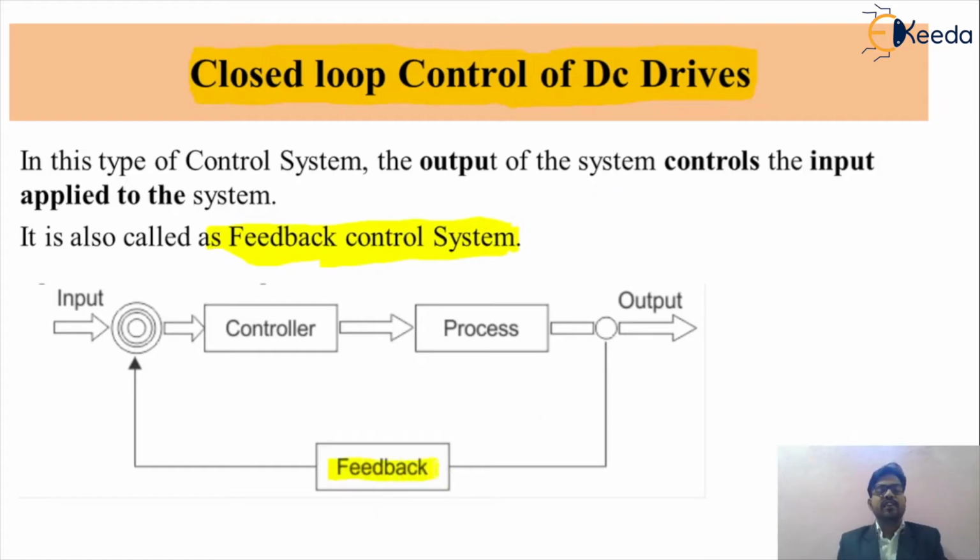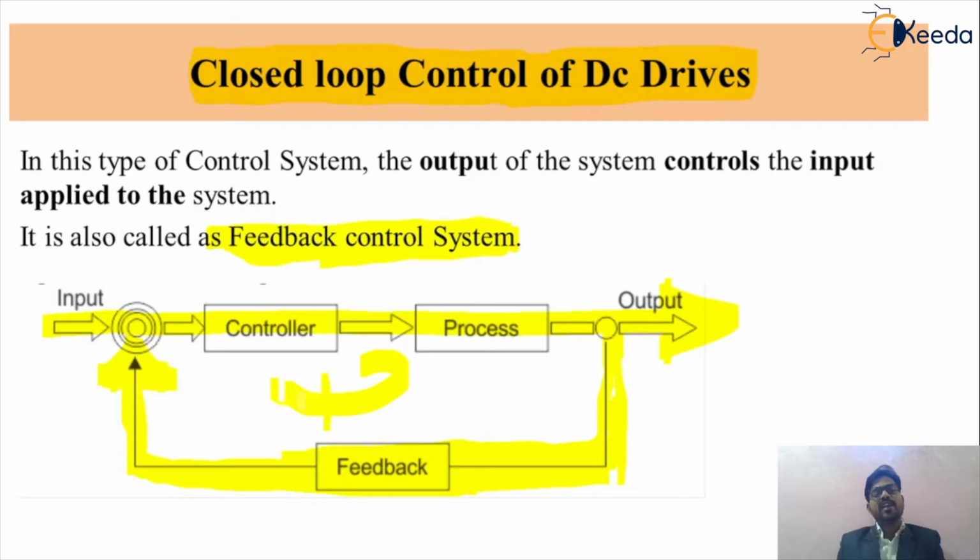So this is called the effect of the feedback loop. In an open loop control system the system looks like that, but in your closed loop control system, we take the feedback of your output and give this feedback, or sensing signal, to your input. So obviously in the closed loop control system, we get the influence of the output signal on the input signal. So this closes the path. That's why such a system is called the closed loop control of your electrical drive.